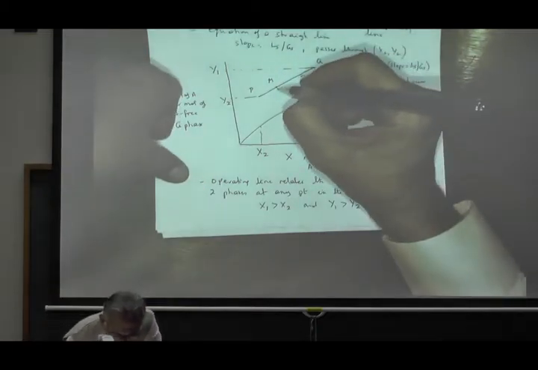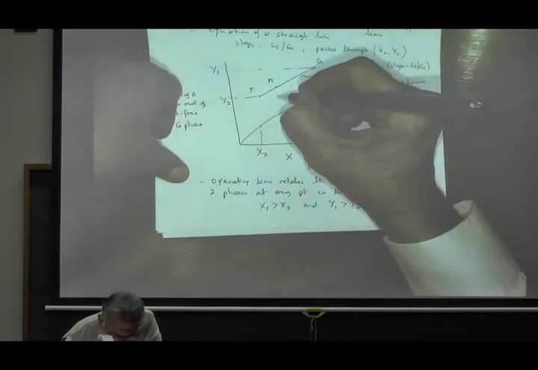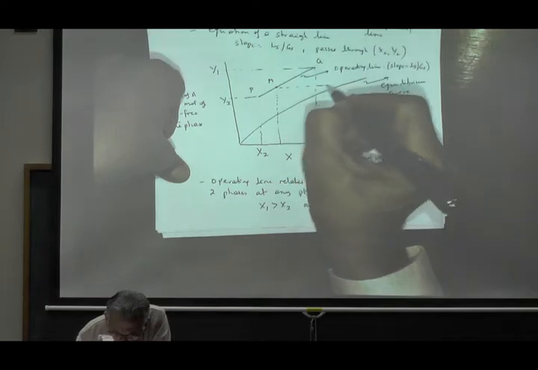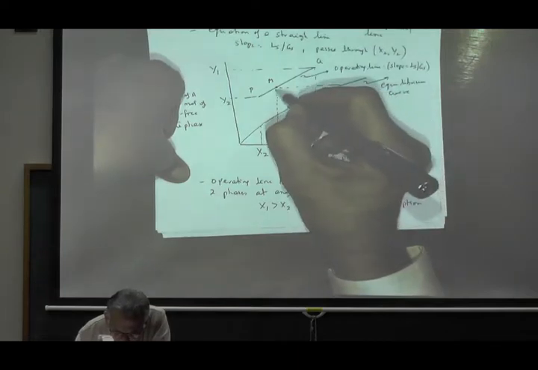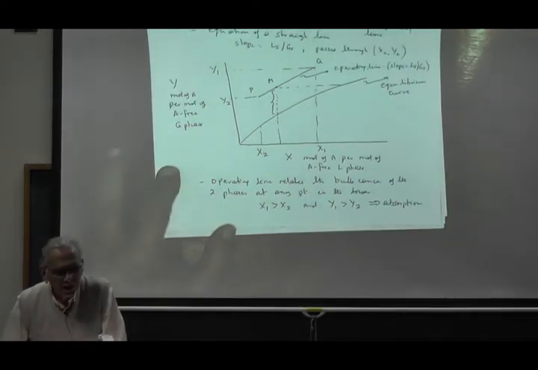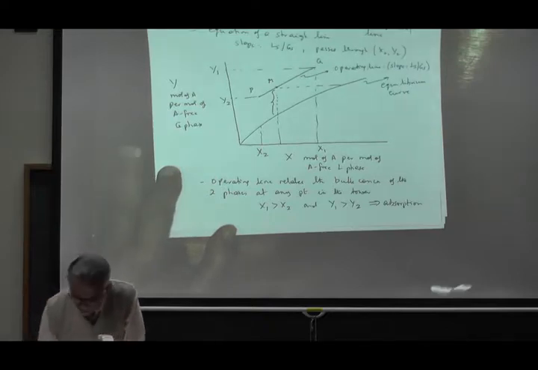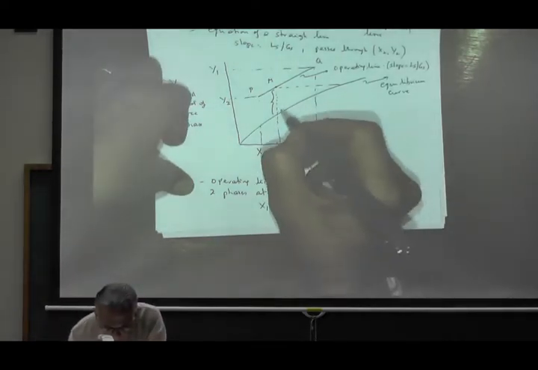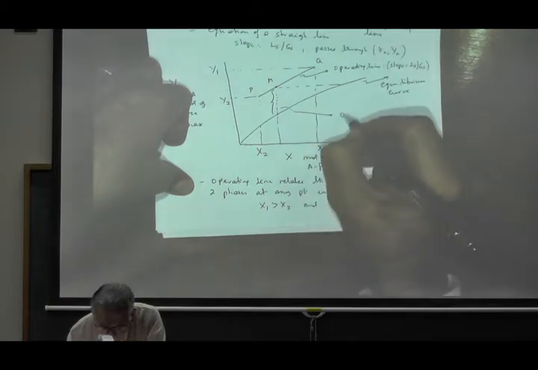If you draw this line, so this is what? This is the overall driving force in the gas phase. So from here to here, this is the overall driving force